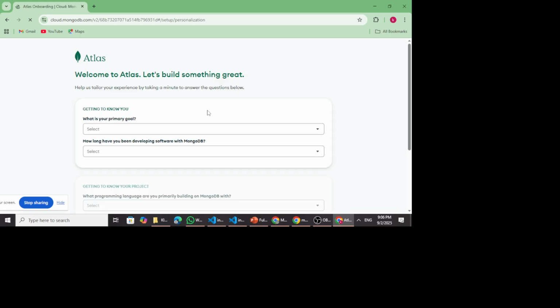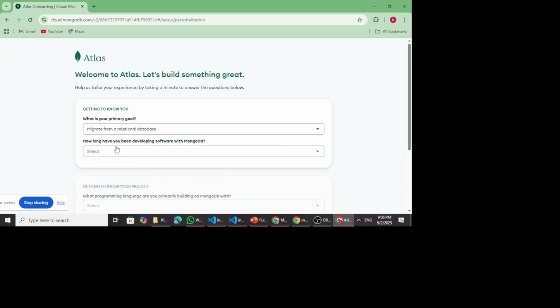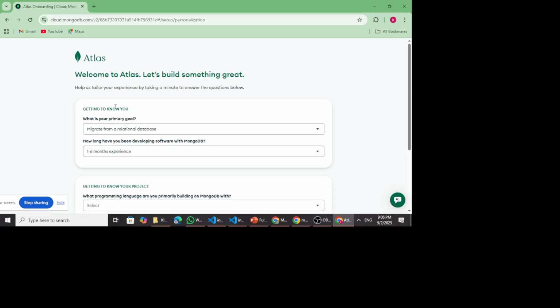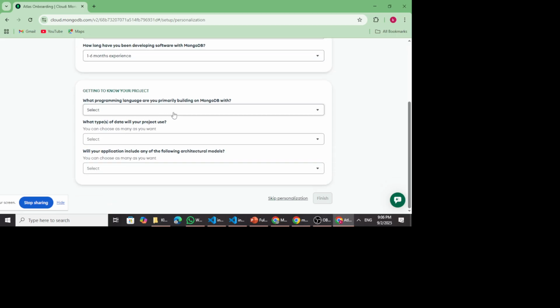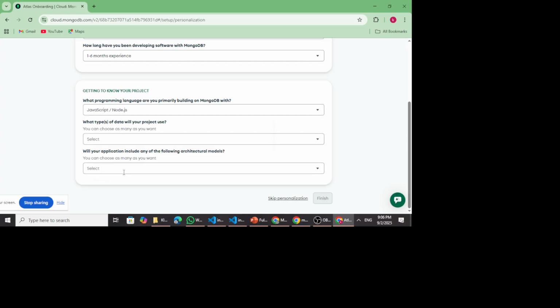So it is going to ask you some questions just to get to know what you want to do on this cloud platform. So you just select any. It does not have any effect. So maybe I have 1 to 6 month experience. Yes, select all those parameters. You select the language you're going to use. So Mongos, or you can say JavaScript,